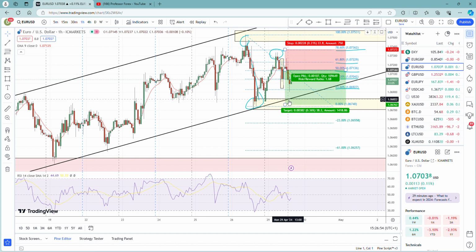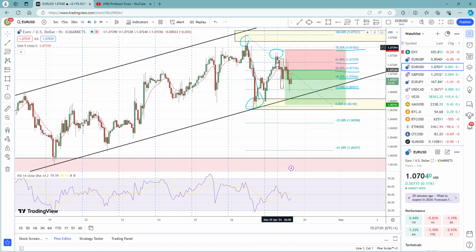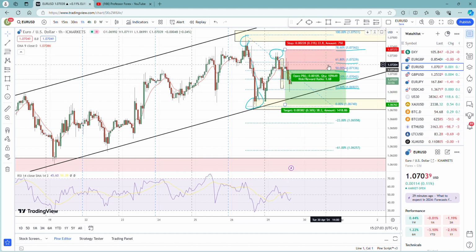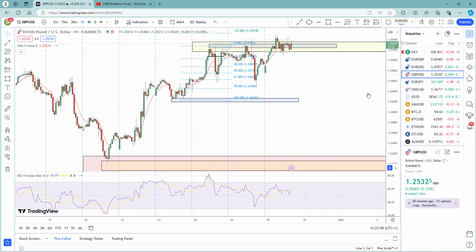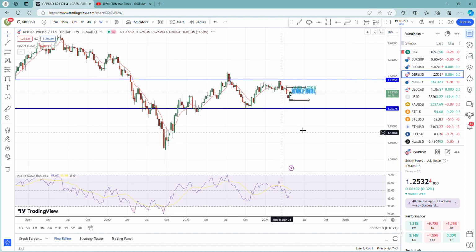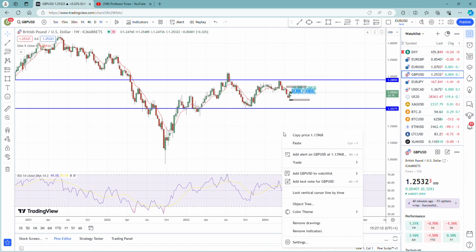And I hope that explanation helped in terms of you understanding price action and how you use support and resistance and why we use the Fibonacci tool. So because there's a similar price action for GBPUSD, I'm going to go ahead and repeat the process. So remember, DXY is going up. Let's see what's happening with